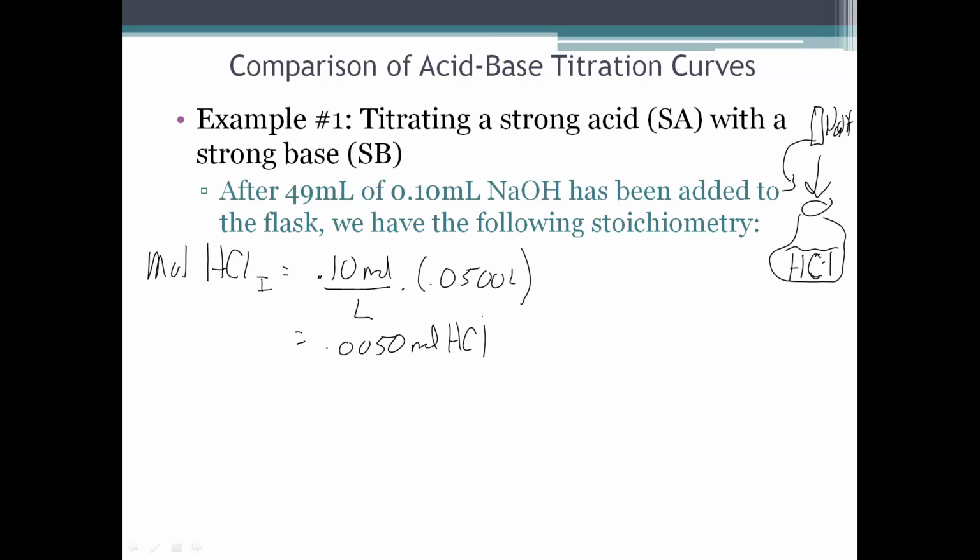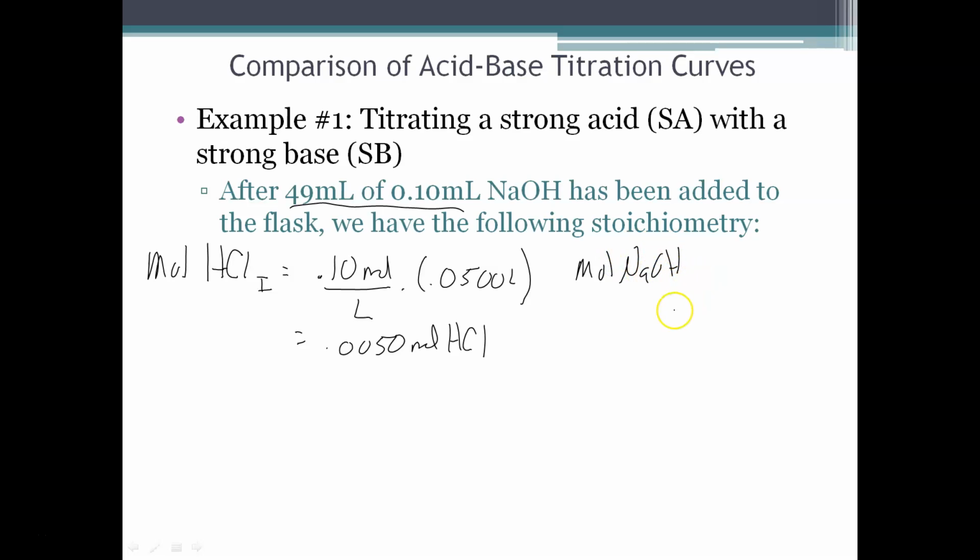Now let's look at the number of moles of NaOH I added to it. So I added 49 mils of 0.10 molar. This is going to be the moles of NaOH that I added. So I had a 0.10 molar solution, 0.10 moles per liter, times 0.0490. That's how many liters I added. 49 milliliters is 0.0490 liters. This isn't really hard math here, I added